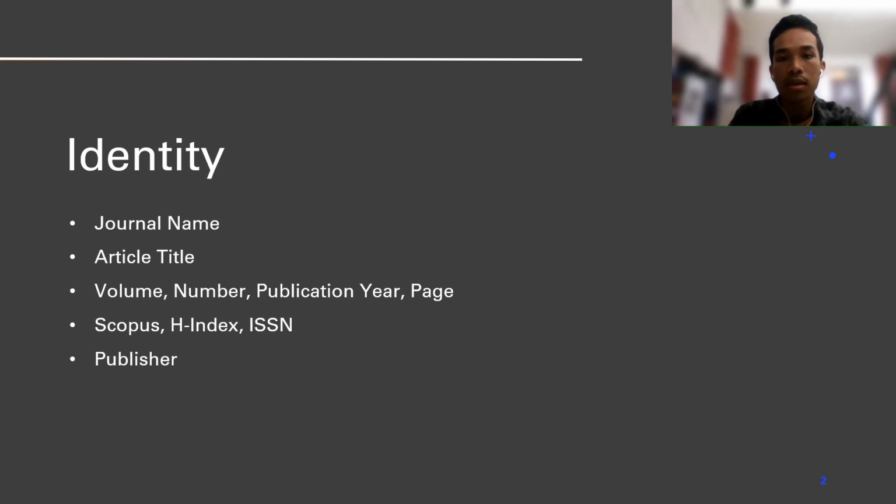The name of the journal is Biology and Environment, and the title of the article is A Typological Classification of Headwater Streams in Ireland, published by the Royal Irish Academy, with volume 112B, number 3, year published 2012, and on pages 253 until 255. This journal has been indexed by Scopus, namely Q2, and has a reputation of H-index 29 with ISSN number 079179445.